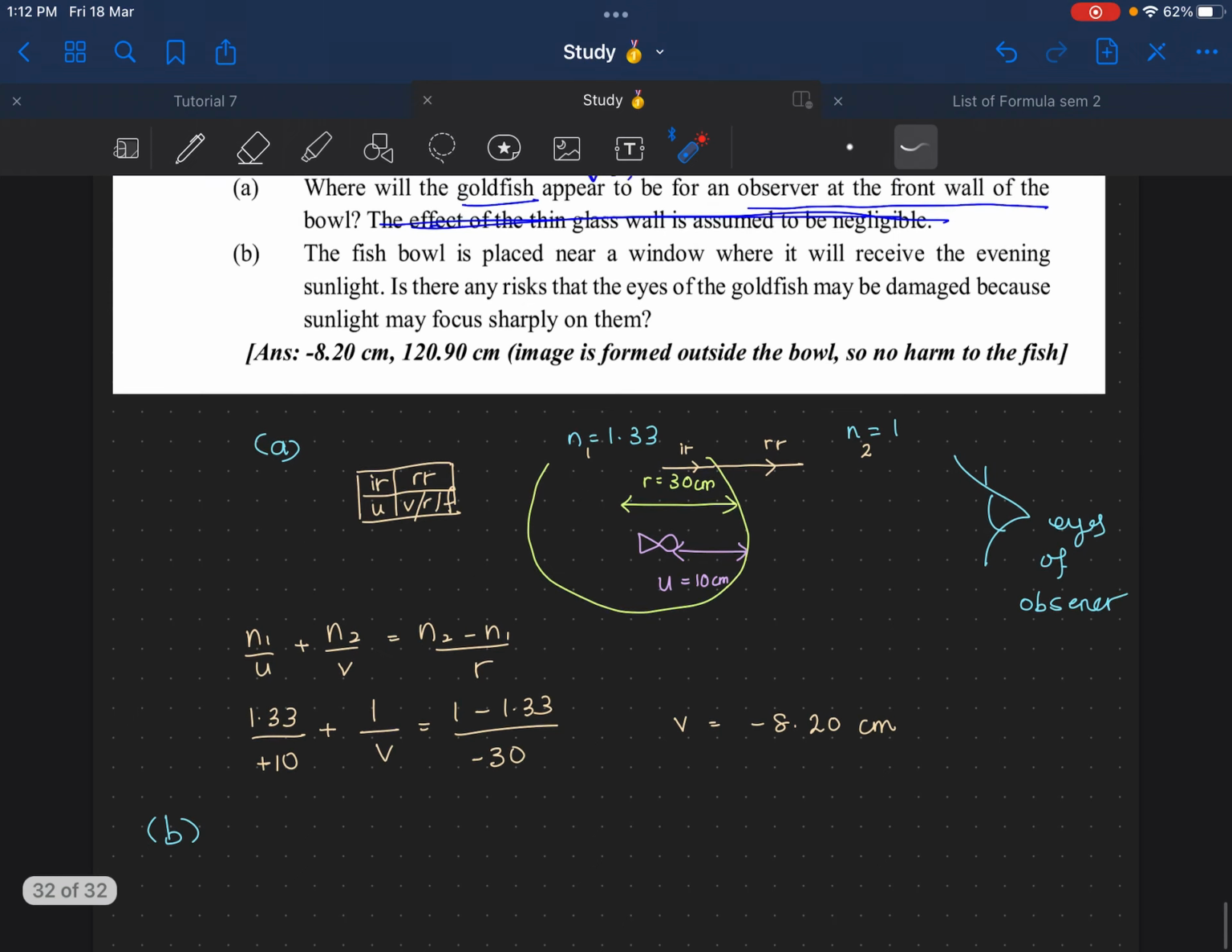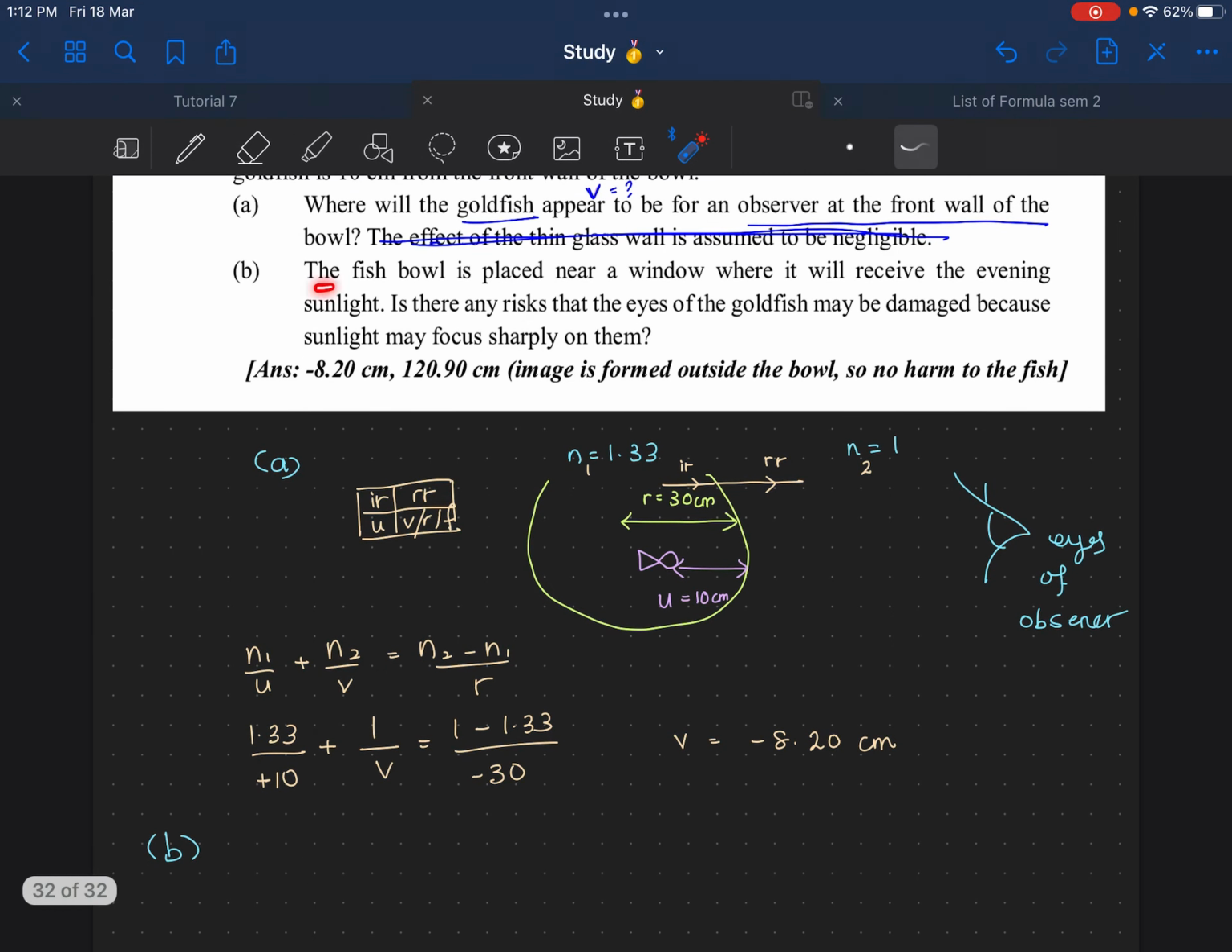Let's read the question. The fishbowl is placed near a window, where the fishbowl will receive the evening sunlight. Is there any risk that the eyes of the goldfish may be damaged because sunlight might focus sharply on them? So this question asks, in order to understand it, you